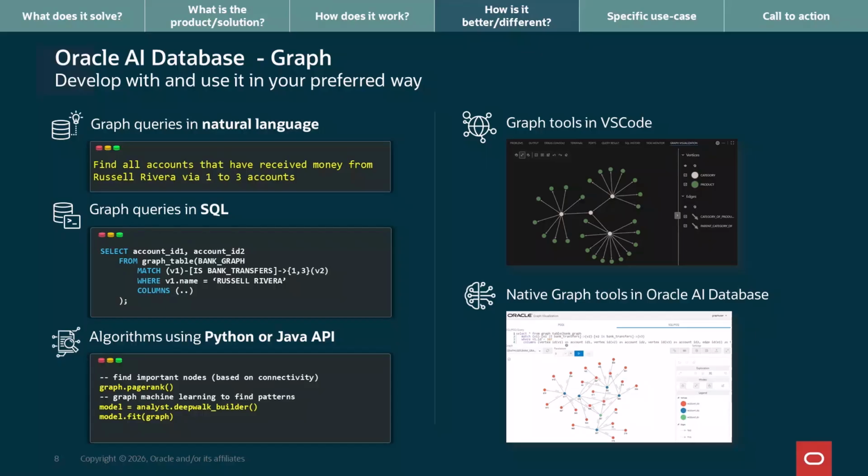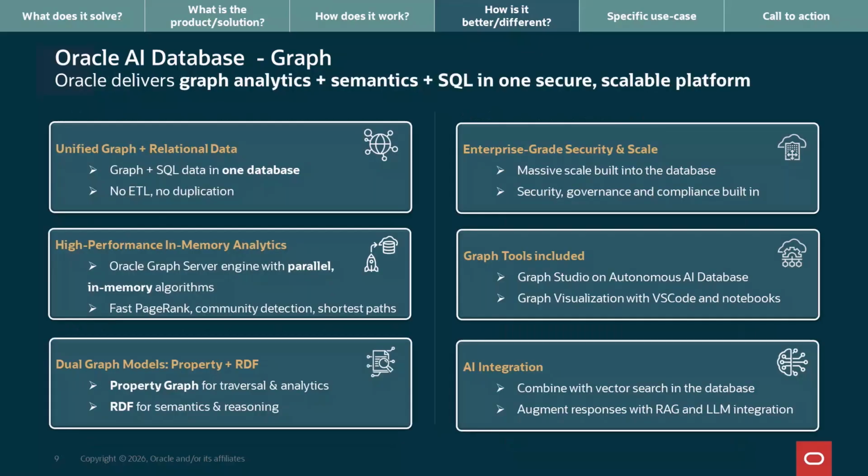These algorithms help you find patterns and relationships that aren't obvious at first glance. You can run queries and algorithms using standard SQL tools, VS Code extension, or Jupyter notebooks, and visualize the results along the way. To summarize the key value of graphs in Oracle AI databases, you can unify graph data with